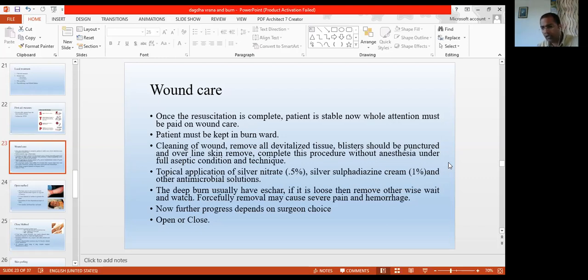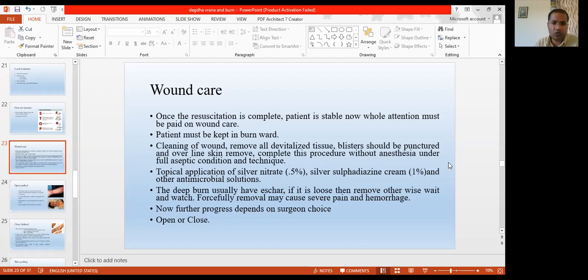Later on, when the wound's crust is dried up and easily removable, then you have to remove the crust, because once the crust is formed its function is over, meaning the underlying skin is getting granulation, then the crust becomes cracked and elevated. So you can remove the crusts which are easily removable. Don't forcefully remove the crust, otherwise the patient may have a lot of pain and may have hemorrhage also, because underlying vessels can be ruptured.